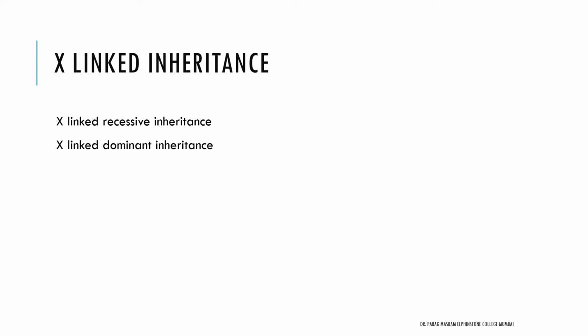If it is a dominant allele, we'll see that it is dominant inheritance. Now we have seen what a recessive and dominant allele is. That is very clear. It's basically any allele which expresses itself. A recessive allele is going to express itself only in case of homozygous condition, whereas the dominant allele can express itself in homozygous